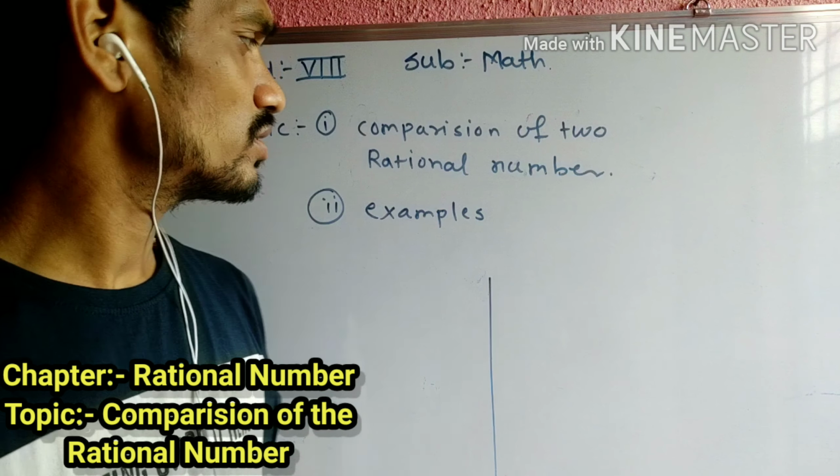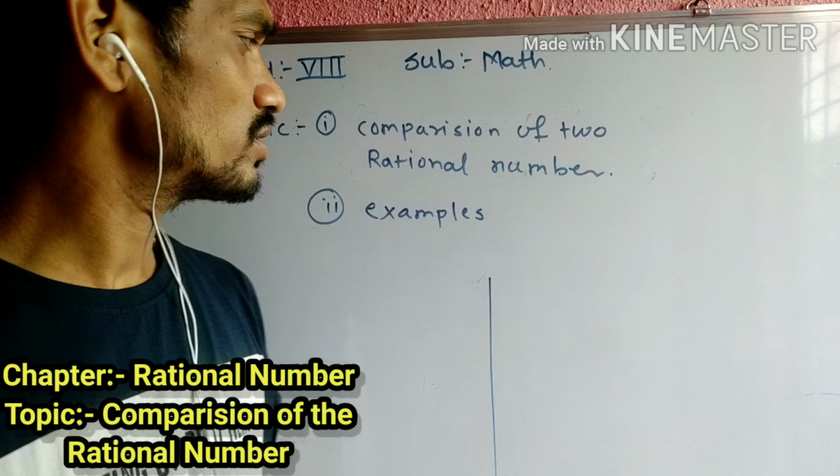Okay students. So students, how to compare two rational numbers? When you consider two rational numbers, just compare which one is bigger and which one is lesser. Say for example, students, if you have 2 and 3, which one is bigger? Raise your hand. Give the answer in the comment box, students. If you have the two numbers, 2 and 3, which one is bigger? So the answer is 3.